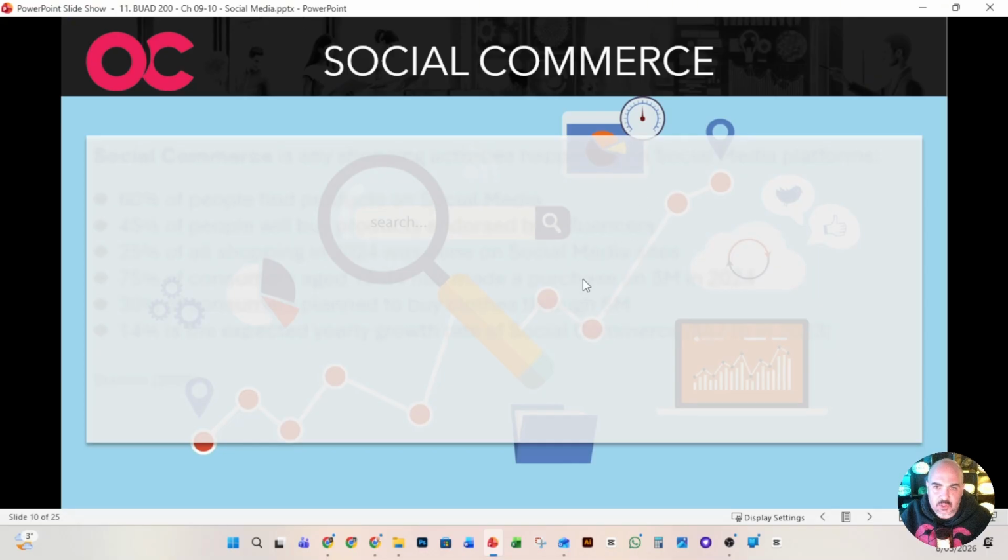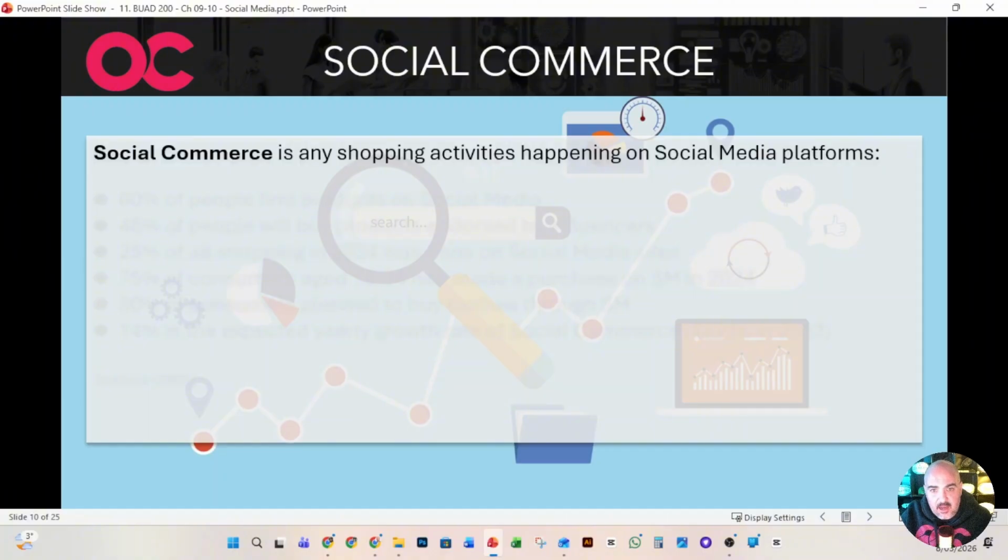But because people do go to different places for different reasons, we need to think about what the commercial implications of that are. So when we think about social commerce, that's any type of commercial activities or shopping that's happening on social media platforms. So here's a couple of stats, guys. Firstly, 60% of people find their products on social media. So, when you're thinking about looking up a product, often people will go directly to brands' social media pages.